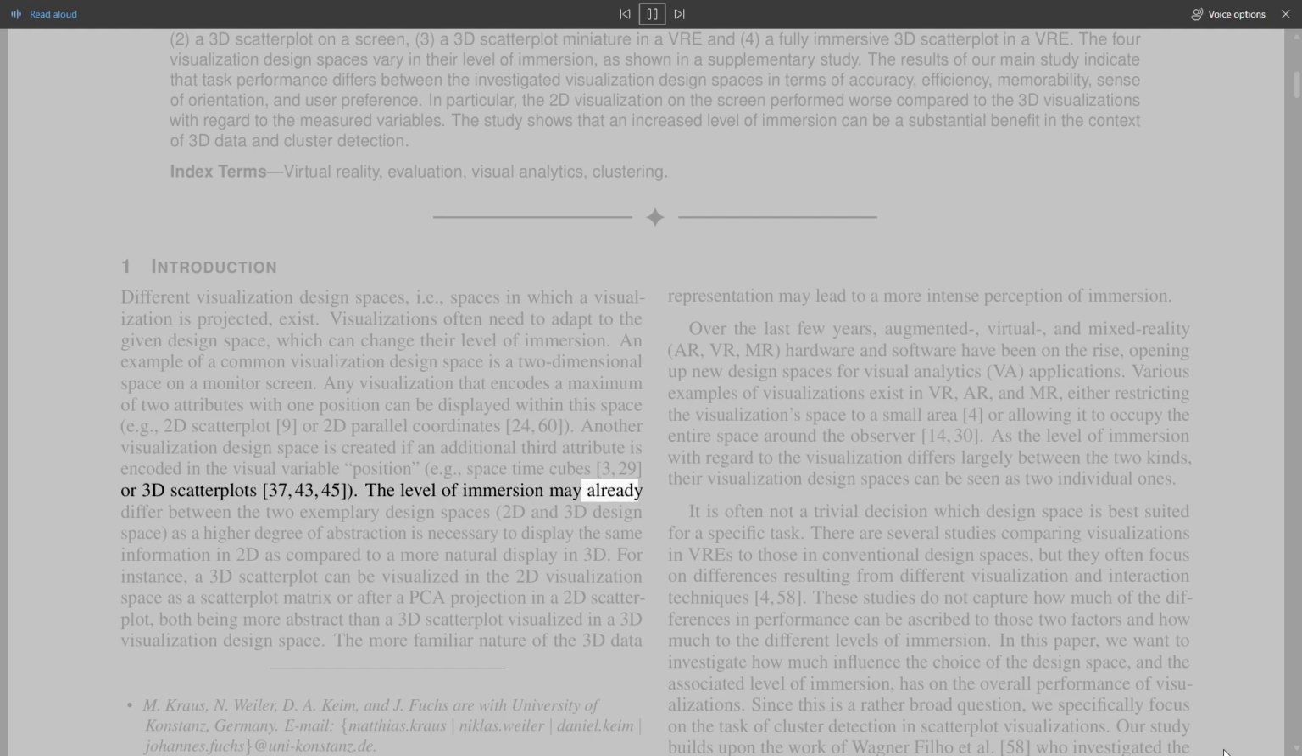The level of immersion may already differ between the 2 exemplary design spaces, 2D and 3D design space, as a higher degree of abstraction is necessary to display the same information in 2D as compared to a more natural display in 3D. For instance, a 3D scatterplot can be visualized in the 2D visualization space as a scatterplot matrix or after a PCA projection in a 2D scatter plot, both being more abstract than a 3D scatter plot visualized in a 3D visualization design space. The more familiar nature of the 3D data